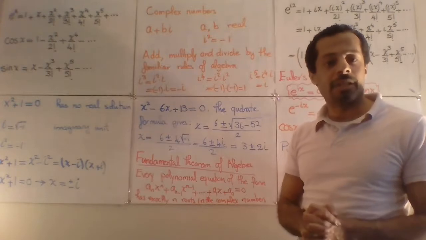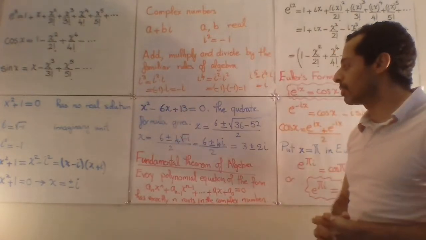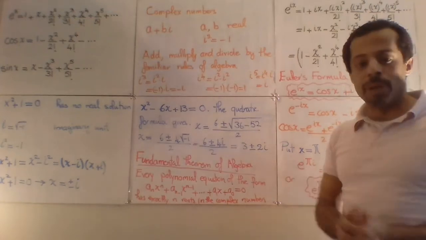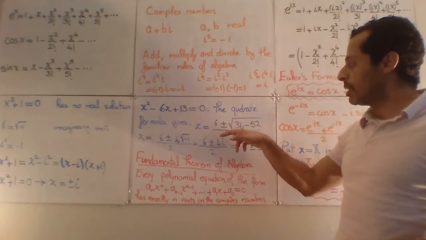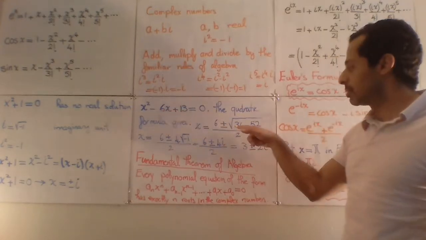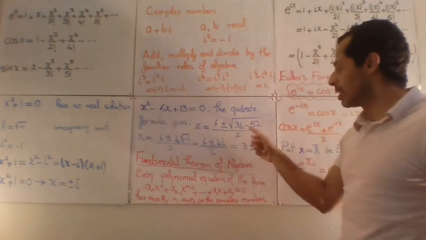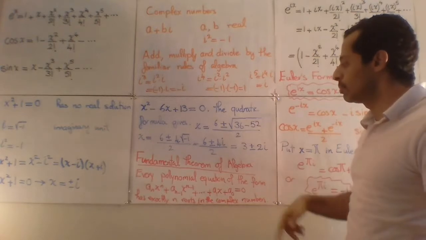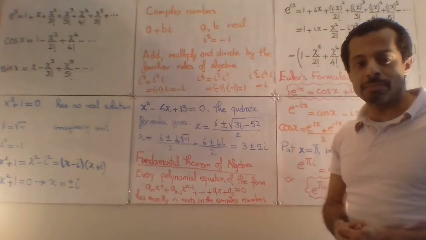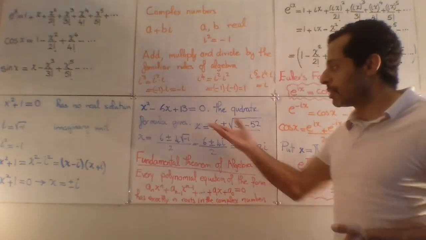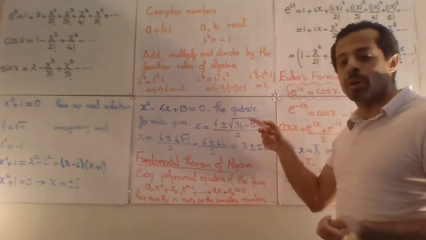we can solve any quadratic equation. For example, take the quadratic equation x squared minus 6x plus 13 equals 0, and apply the famous quadratic formula. We get x equals 6 plus or minus the square root of negative 6 squared, so 36, minus 4 times 1 times 13, so minus 52 under the square root, over 2. The square root of 36 minus 52 is the square root of negative 16, a square root of a negative number. There is no real solution for this equation, but we can write the square root of negative 16